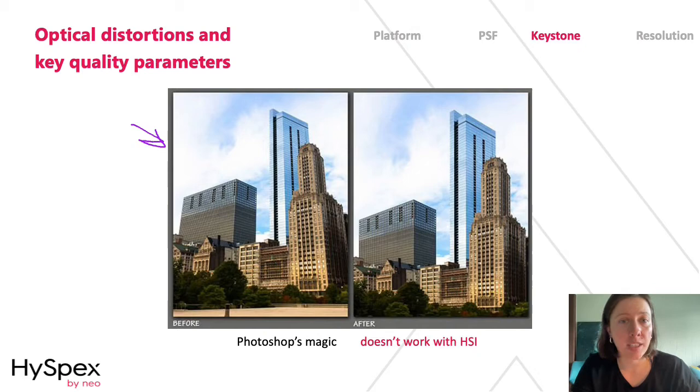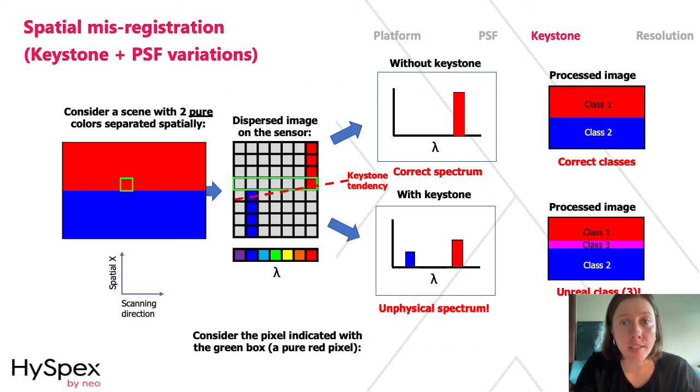And sometimes the keystone is actually larger than 30% of the pixel, depending on the instrument that you're looking at. To give you an idea what that looks like, imagine two minerals here in red and in blue, and we want to look at the edge between these minerals, so the grain size boundary, or the alteration zone between that. If you analyze the spectrum on such an interface with a keystone present, here shown with the red line,